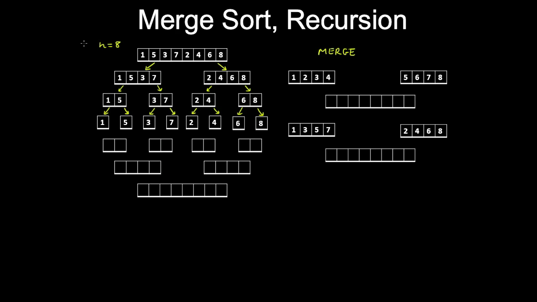the worst case. So given two already sorted lists, the merge operation starts by comparing the first elements, and 1 is less than 5, so 1 gets placed in the merged array. And the iterator shifts to the right in the first array. Then 2 gets compared with 5, and 2 is less than 5, so 2 gets placed in the merged array, and the iterator shifts to the right. Then 3 gets compared with 5, and 3 gets placed in the merged array. Again the iterator shifts to the right, and then 4 gets compared with 5, and 4 is less than 5, so that gets placed in the merged array,